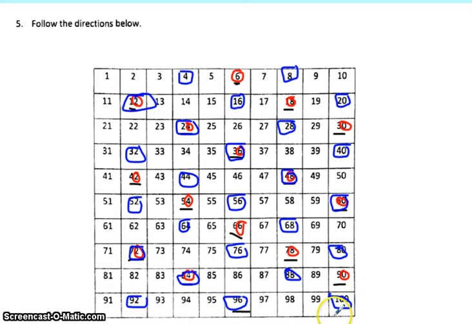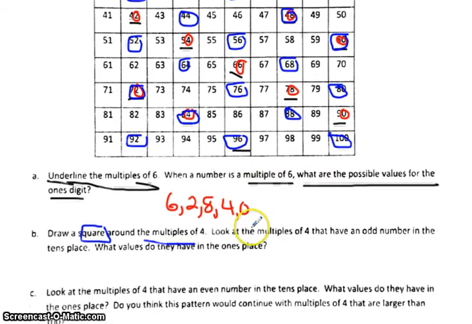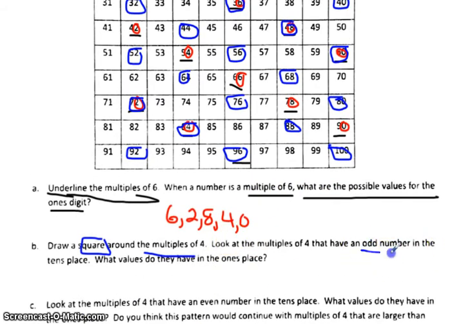Okay, my squares weren't too good on some of those. I'm using the mouse. Alright, so now it says looking at those, look at them all that have an odd number